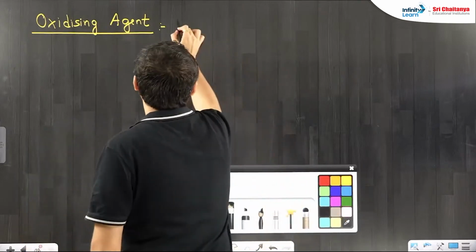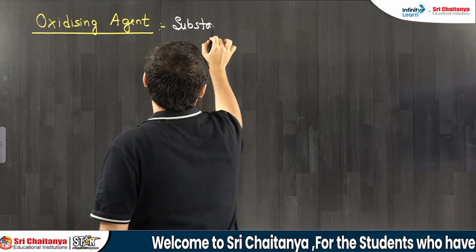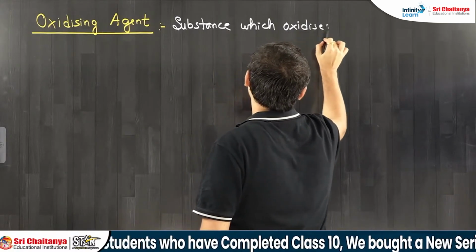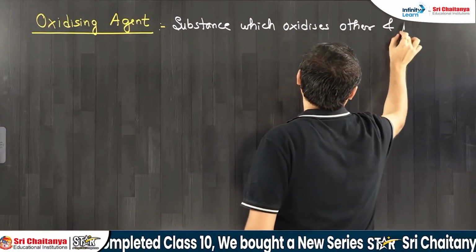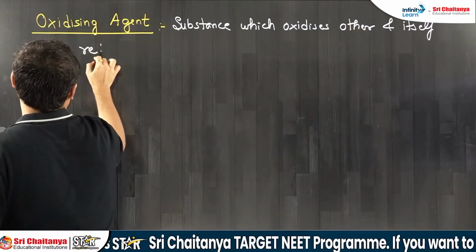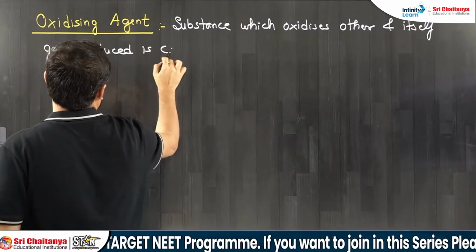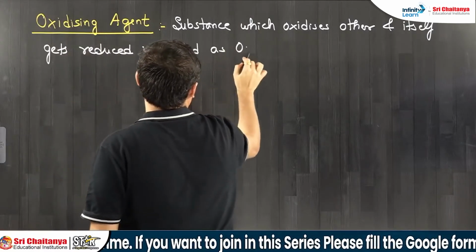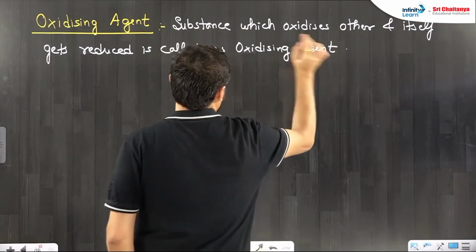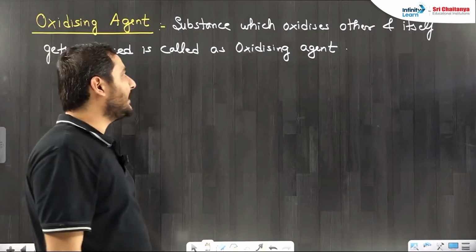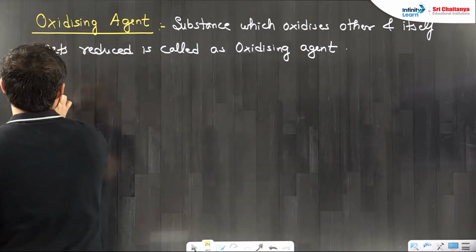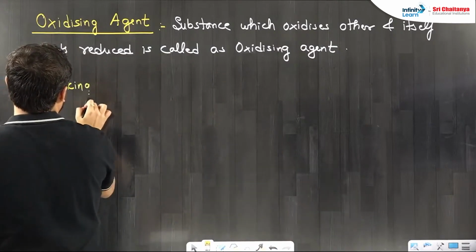So what we write here, substance which oxidizes other and itself gets reduced is called as oxidizing agent. Which oxidizes other and itself gets reduced is called as which type of agent? Oxidizing agent. And if we write reducing agent,